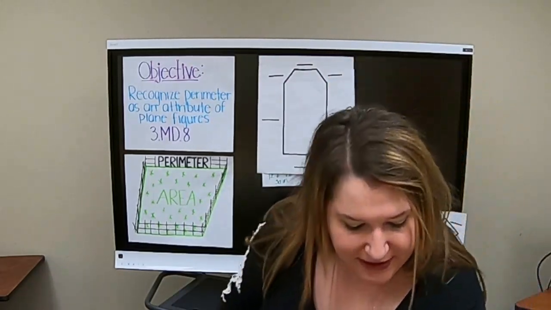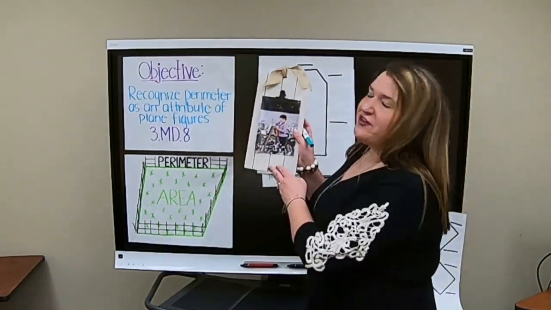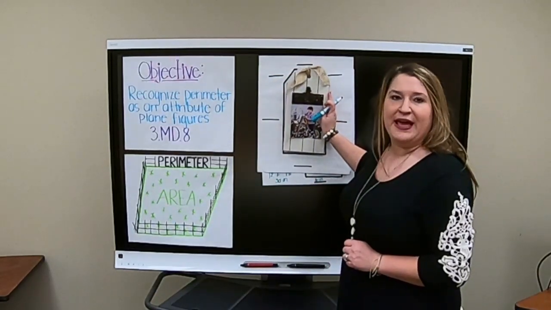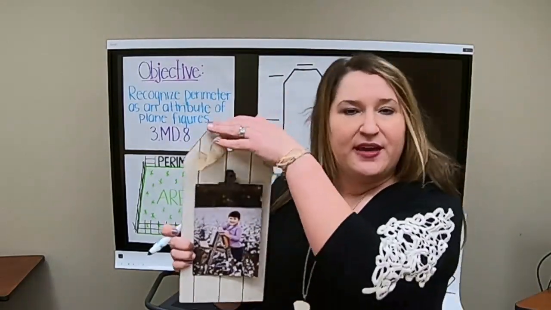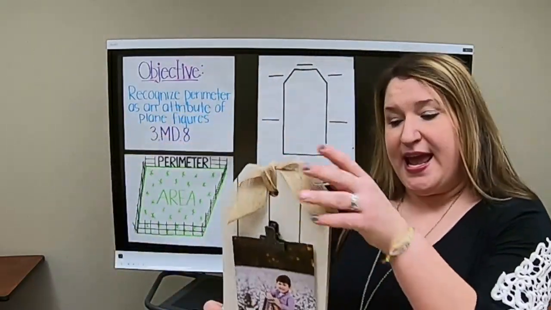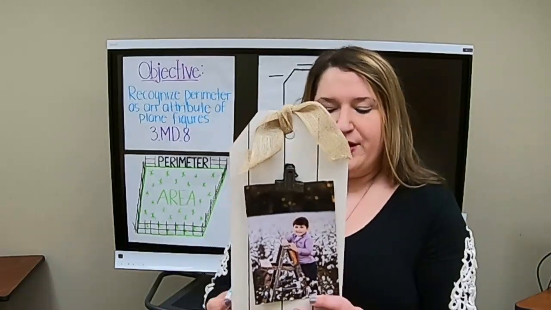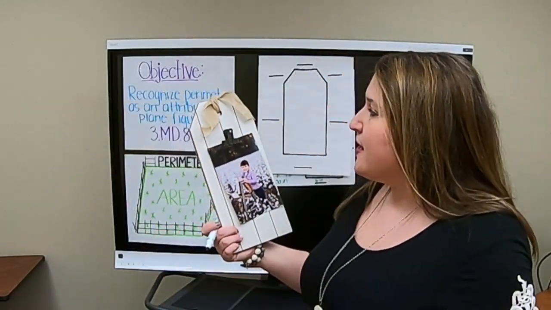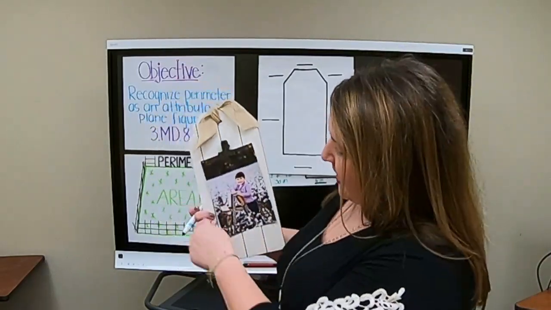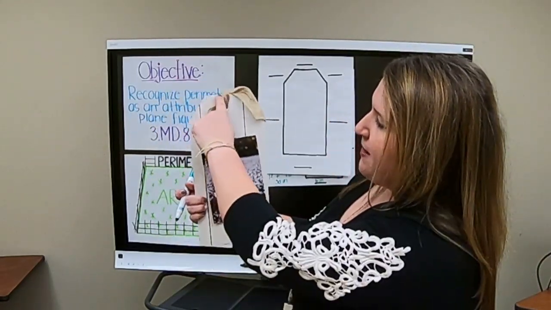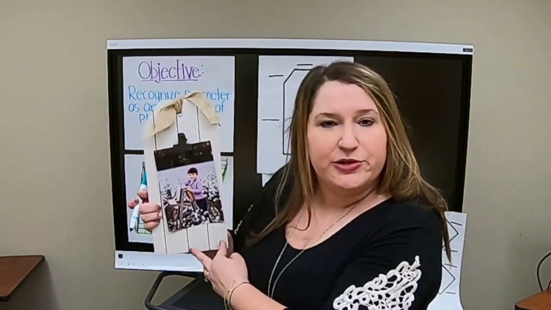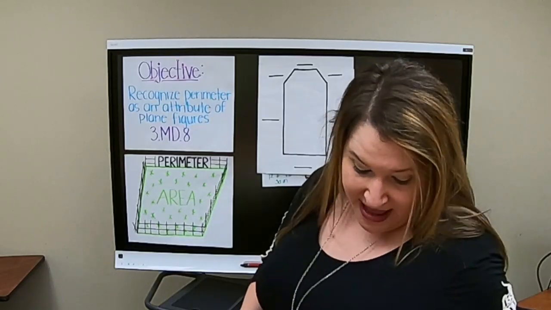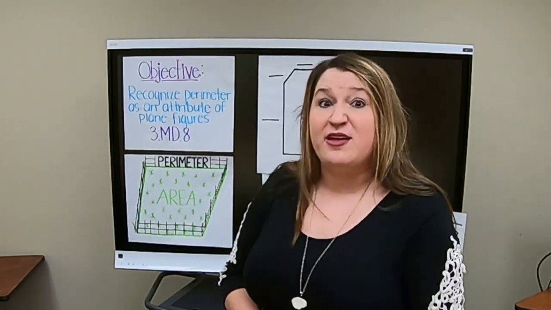Now, I have this lovely picture frame. It has a picture of my little guy on it. And again, I took the picture frame and I measured the edges. Now, this is a 1, 2, 3, 4, 5, 6-sided figure. It is a parallelogram. It has parallel sides here and two parallel sides here, which are 2 sets of parallel sides. So let's take a look at this picture frame, and I want to measure the picture frame in inches,